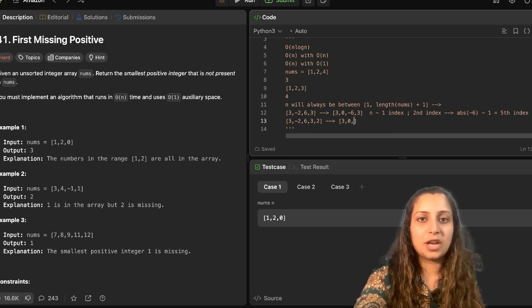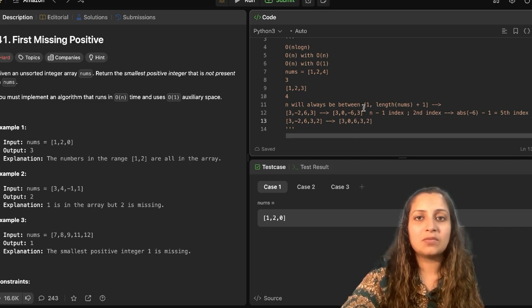And then you check for the digits present. So same way as we have done before, you will check for n equal to 3. So index would be 3 minus 1, that is 2. So second index, you will make it negative. Same way, you will check for n equal to 0, that is minus 1th index, which is out of bounds, so no change. Then n equal to minus 6, so absolute value of minus 6, which is 6 minus 1,